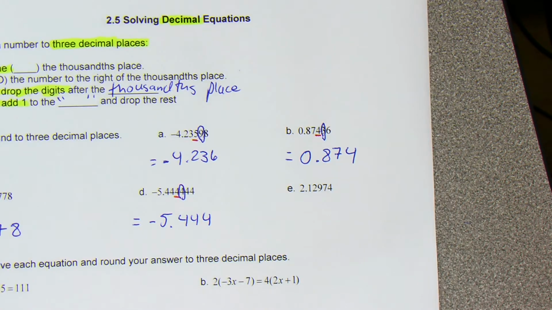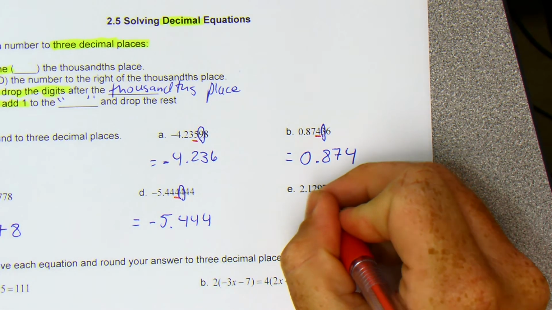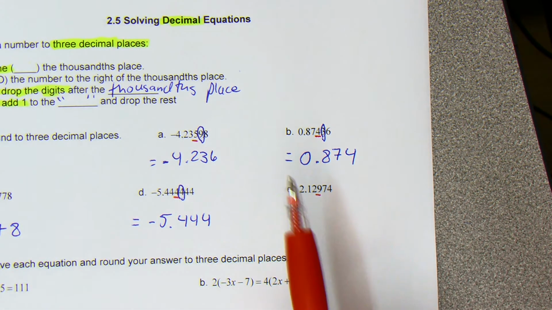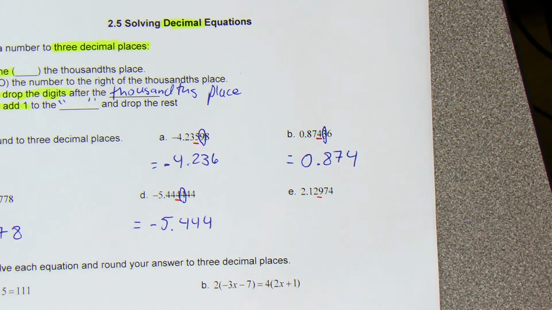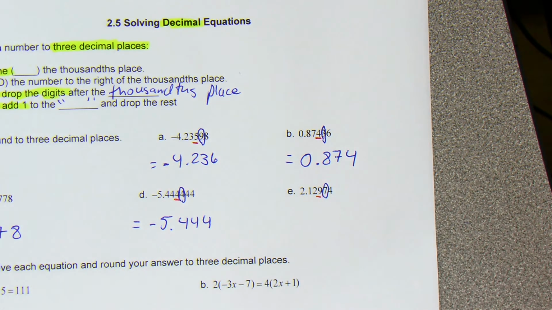Let's look at E. We have 2.12974. Okay, so this one's a little bit funky, but we're still going to start the same way by underlining our thousandths place. So that 9 is my third digit after the decimal point. 1, 2, 3. That's why I underlined it there. Now I'm going to circle the number to the right of it. I know that that is a 7, which is greater than 5. So I know I need to add 1 to my